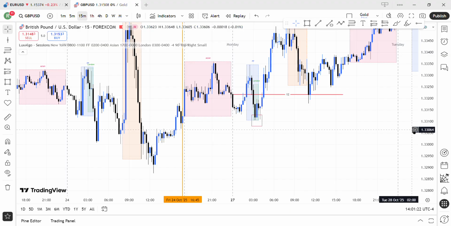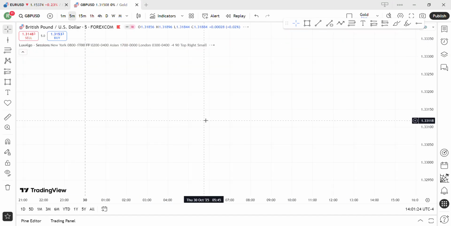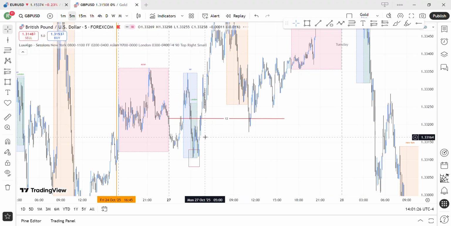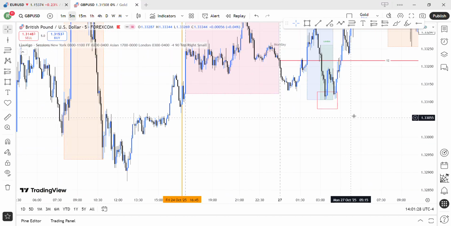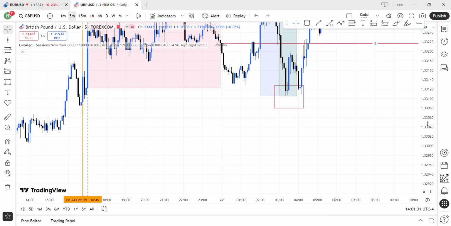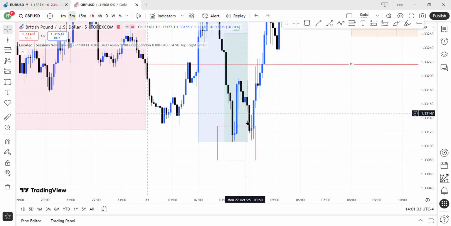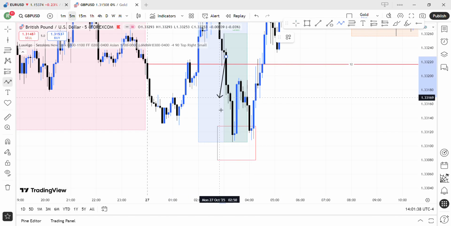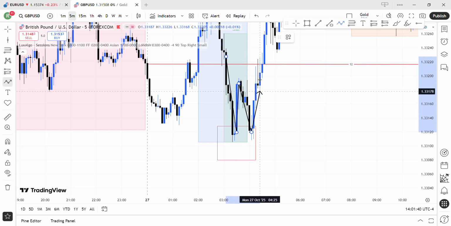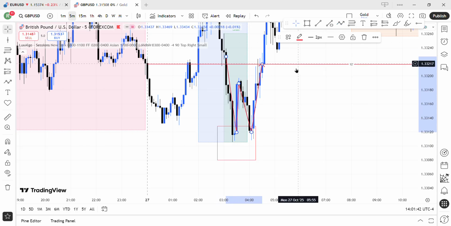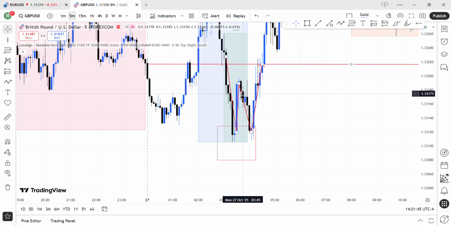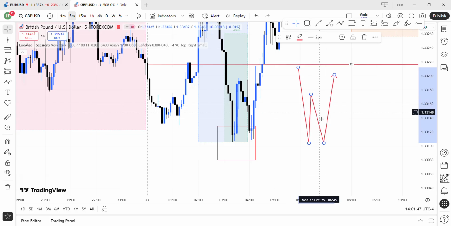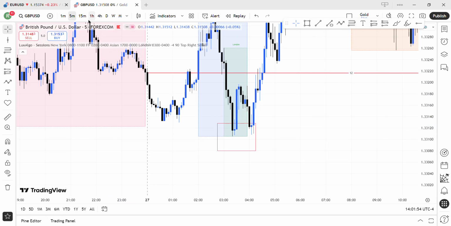Let's get into what is actually happening here. Let's go into 5 minutes. We took the Asia low, and then we gave a change of character to the upside. Here is the break of structure upside, forming a two-leg structure. This is the first leg, this is the first leg, and this is the second leg. After we broke the structure, a two-leg structure is formed, so then we can consider the trend has changed internally